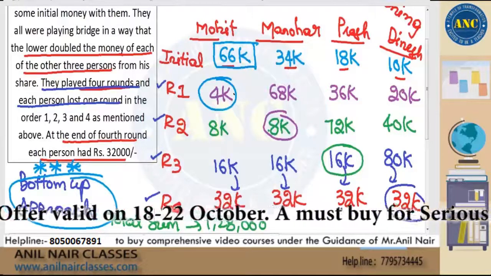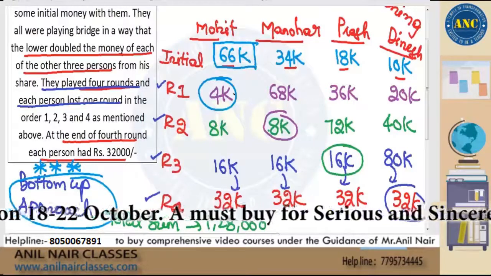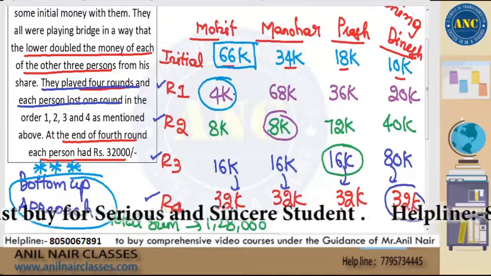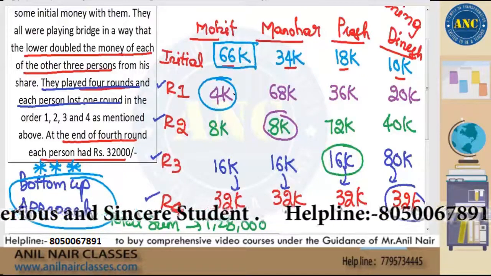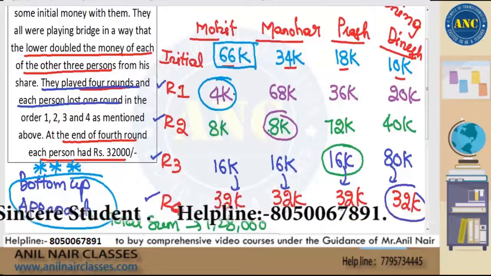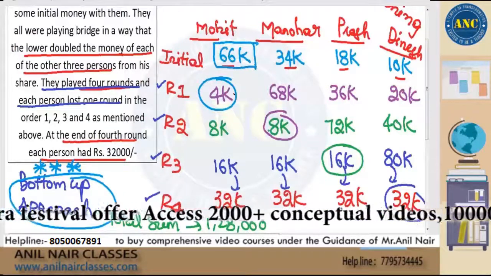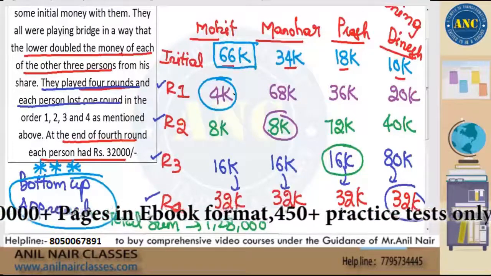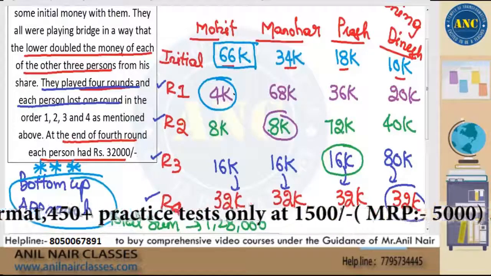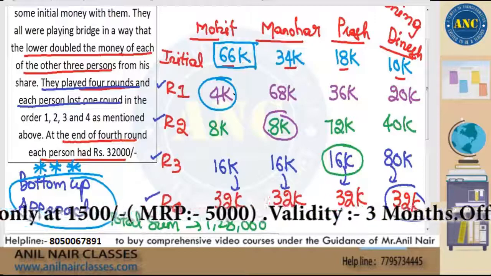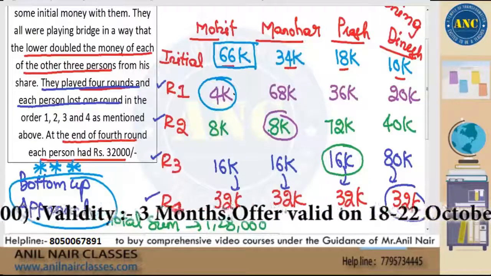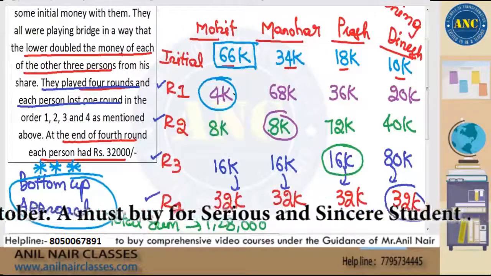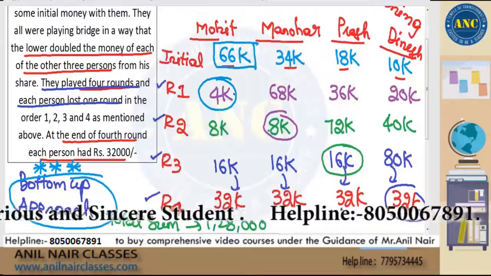80. Next one, 8K. During the fourth round, the fourth person will lose. If he loses, the others will be doubled. Coming from R4 to R3, it will be half. This is 8K, 8K, 40K, 72K. I hope it is clear, right, sir? 4K. Please take an image of this value, sir. Otherwise, again, we have to write. All the questions can be solved by using this diagram. The diagram is completely filled.